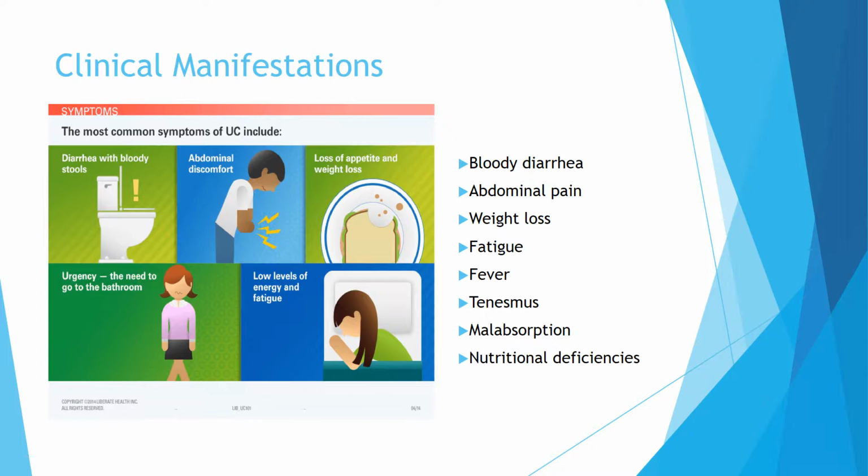Clinical manifestations. Ulcerative colitis is a long-term inflammation that causes sores in the digestive tract. Manifestations of ulcerative colitis appear and develop over time. The complications that arise may range from debilitating to life-threatening, and while treatment can ease these complications, there is no known cure. The most common manifestations that occur include bloody diarrhea, which may also include pus, abdominal discomfort, weight loss